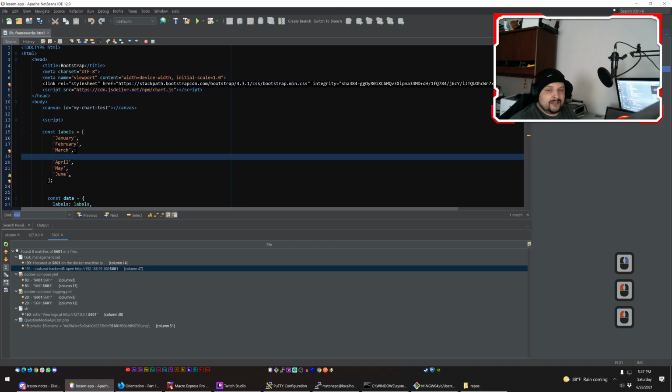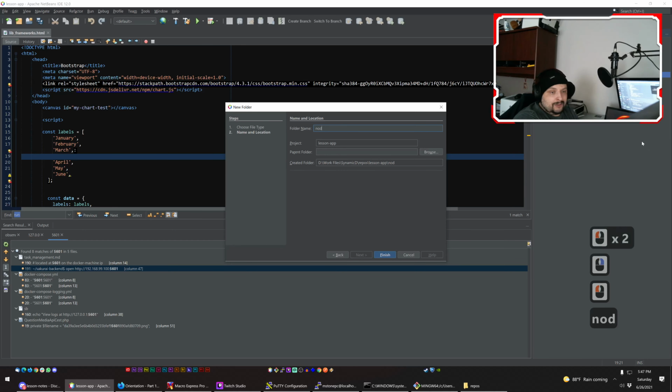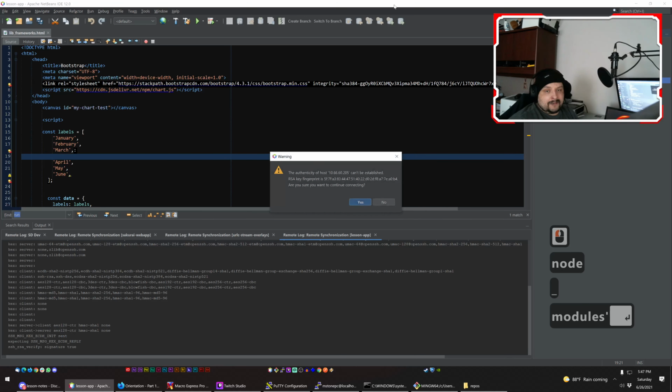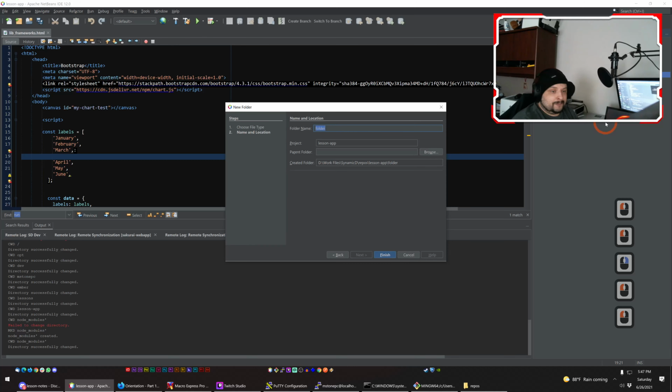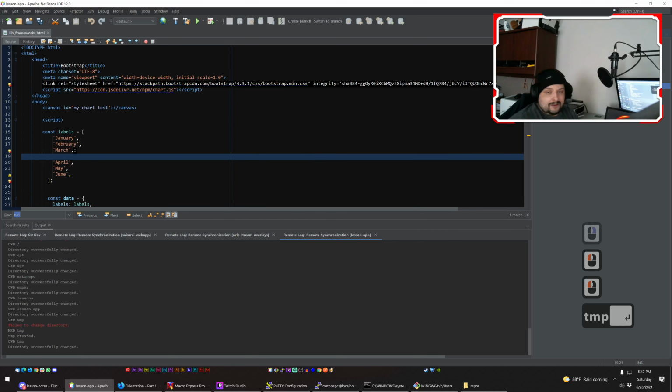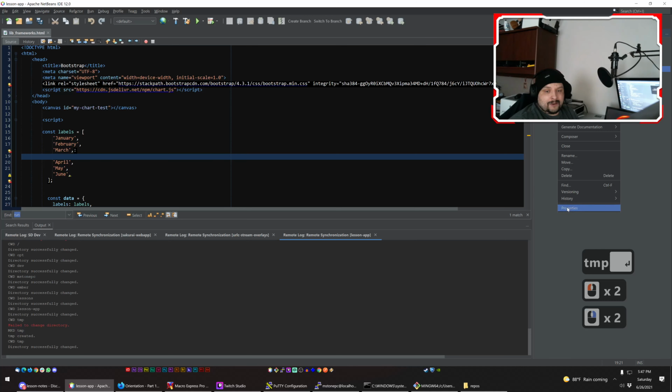but since I don't have the files yet and I haven't downloaded my application yet, I'm going to create a new folder. I'm going to call it node_modules. Then I'm also going to create another folder, and I'm going to call it TMP, and I'll explain why I'm doing this in a second. So now I'm going to right click on my app, and go to properties,